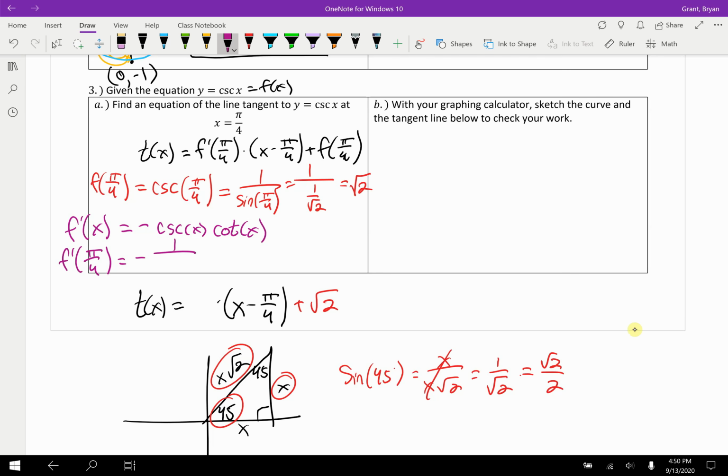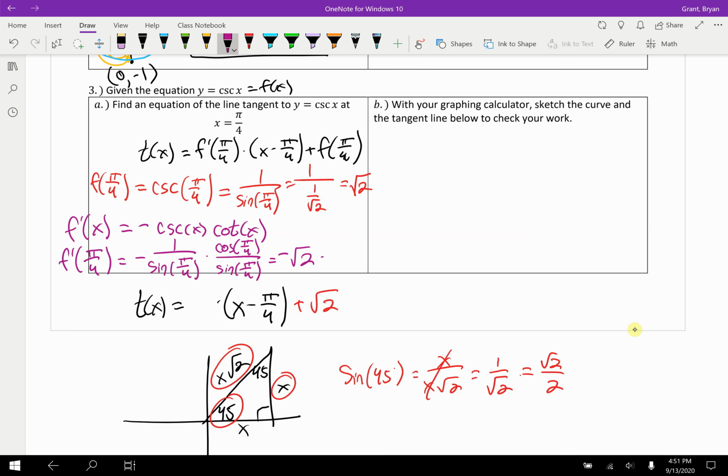So negative, and I'm going to switch right to the reciprocal functions. So sine of pi over 4, and cotangent, remember, becomes cosine of pi over 4 divided by sine of pi over 4. Well, simplifying this down, we know there's a negative. We already did this piece. That became the square root of 2. And then for this last piece, cosine and sine of pi over 4, well, sine of pi over 4 was